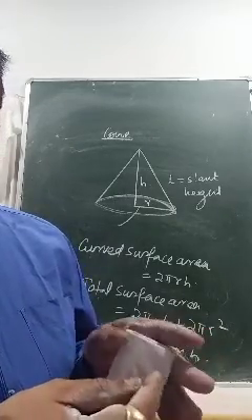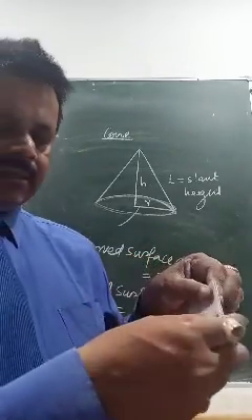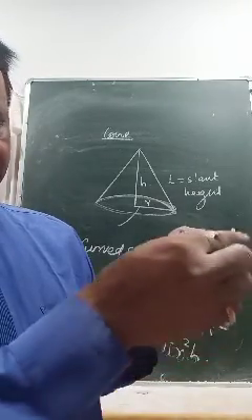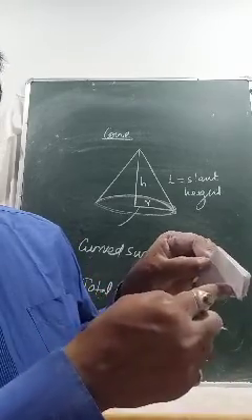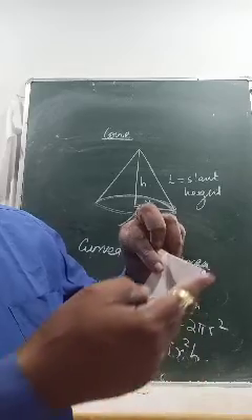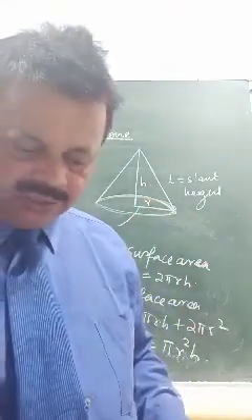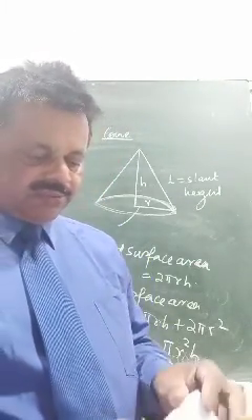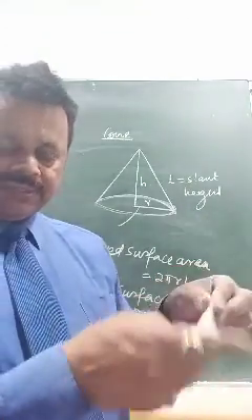So this becomes the slant height. This is the slant height. This one, look, this straight line is the height. You can see it here. The straight line is height. This is a half circle. This is the slant height. So which one will we call the curved surface area? Now this one will be called the curved surface area.